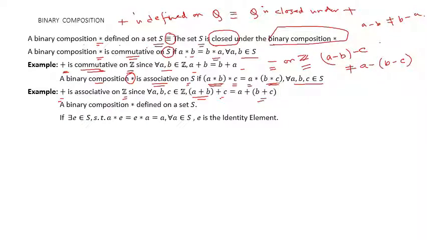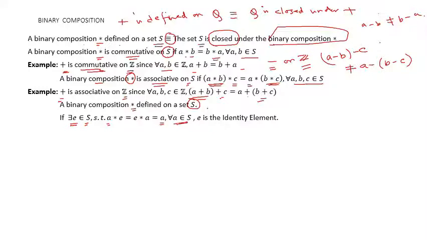Now, আরেকটা property আমরা এবার দেখছি, a binary composition star is defined on a set S. এটা আমাদের দেওয়া আছে। এখন একটা এমন এলিমেন্ট যদি E আমরা খুঁজে পাই S এর মধ্যে such that যে কোনো A for all A belongs to S, A হচ্ছে S এর যে কোনো একটা এলিমেন্ট, তার জন্য A star E equal to E star A equal to A,